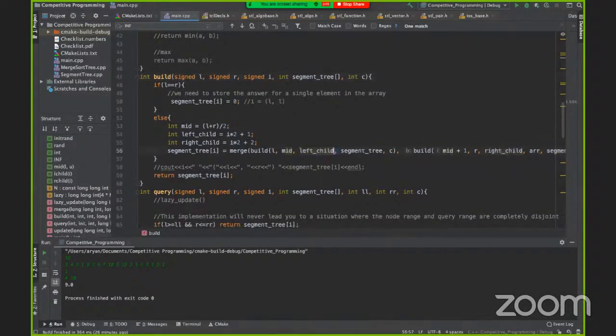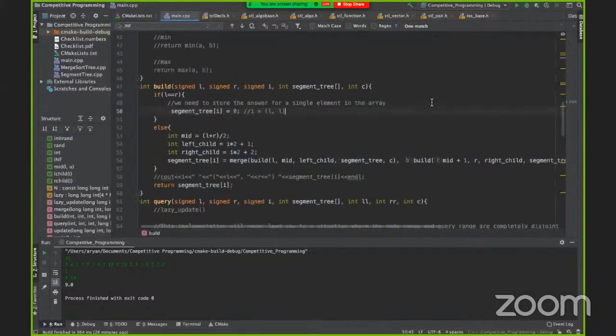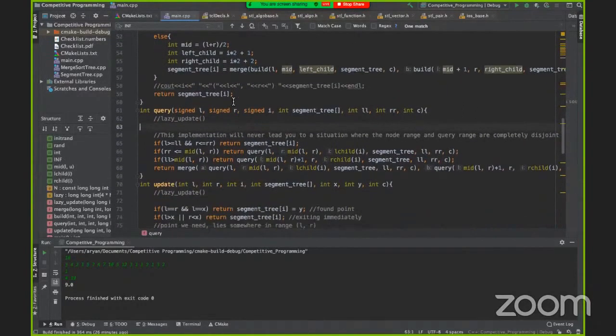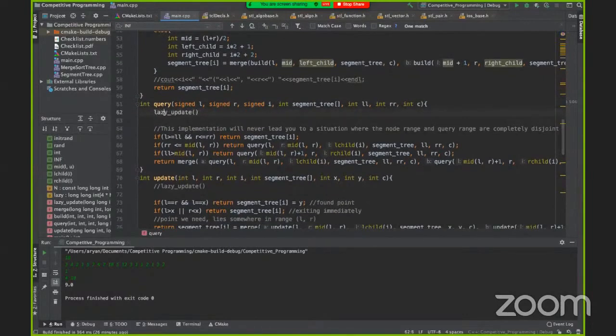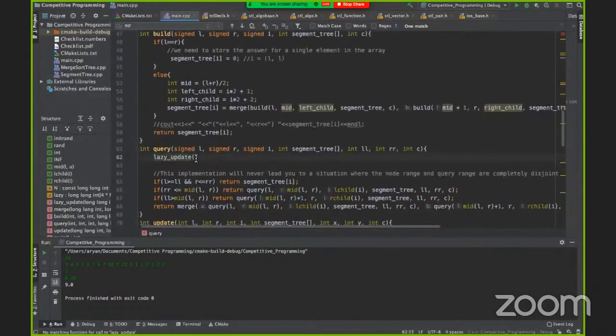There's no array we're building on, we're building it on some values we want. So this will become 0. Then in the query, we actually need to add the lazy update, so now it'll become lazy update(i, l, r, segment tree). That's all we need to add to queries.